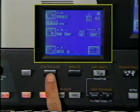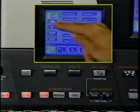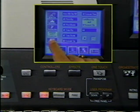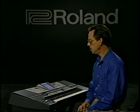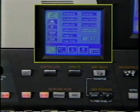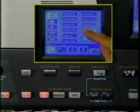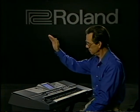The button that's marked controllers. Let's take a look in the screen here. You notice there's the D-beam, the bender, modulation, touch control, and aftertouch. Let's do the D-beam just first. The D-beam is just to the left of the screen, and it's called D-beam controller. And you have to have the on-off button on, but these are just different things that we can have it do. For example, I have it set for 3-octave arpeggio or octave 3 arpeggio. So now if I just put my hand over the D-beam I get an arpeggio,